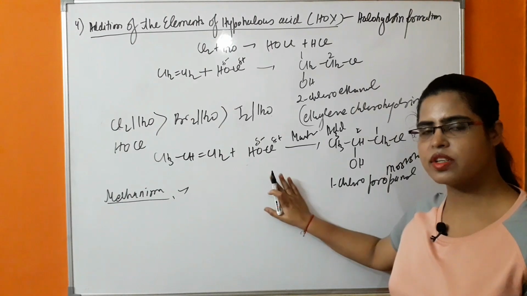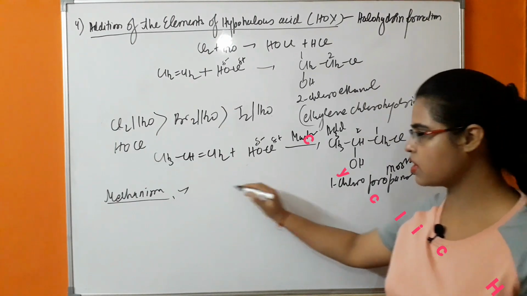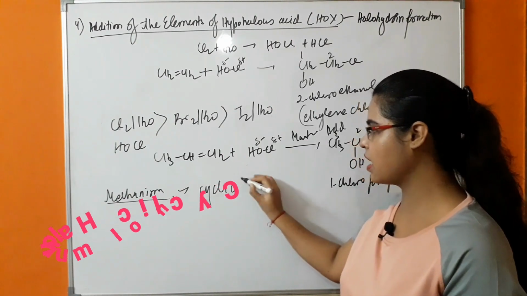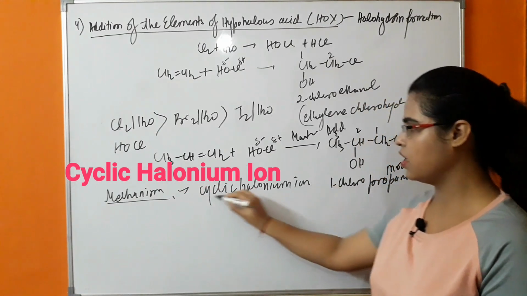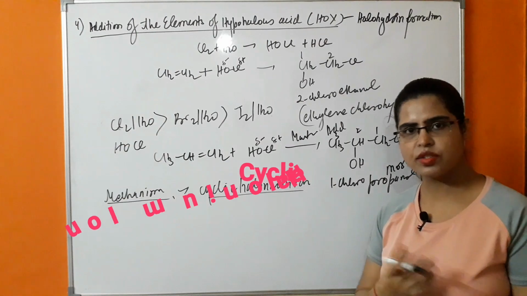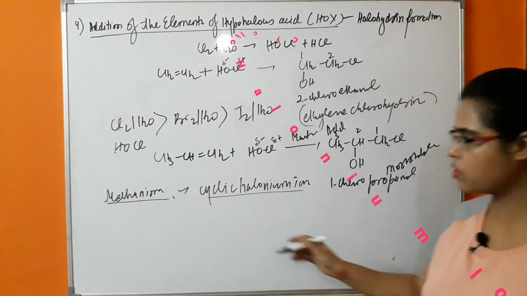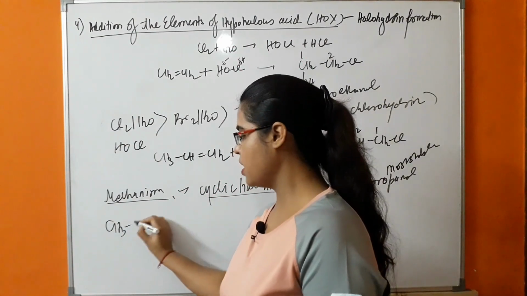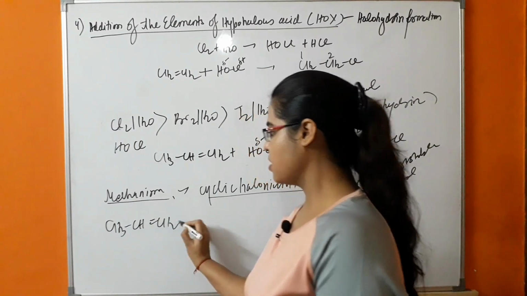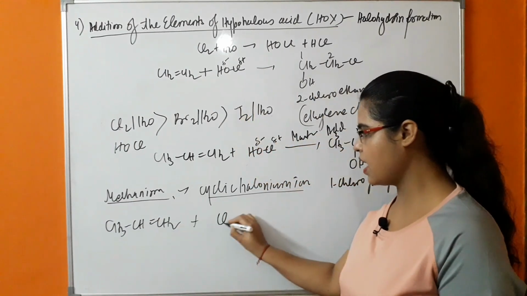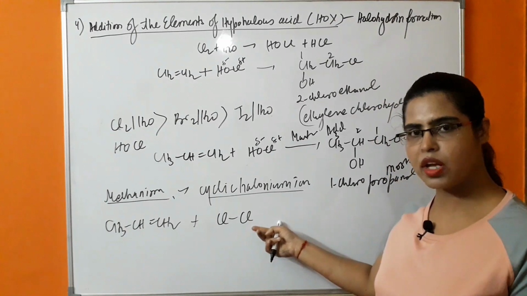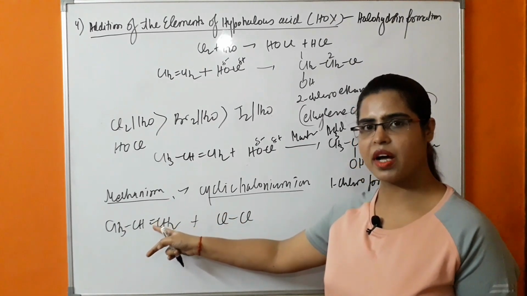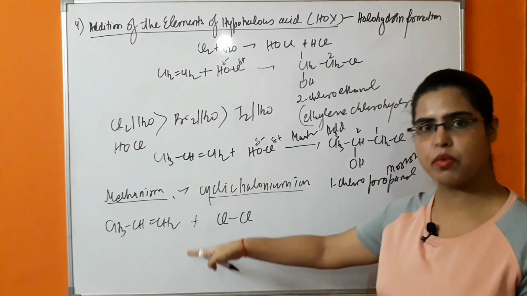The mechanism behind this reaction occurs with the help of a cyclic transition state, a cyclic halonium ion. In this, a cyclic halonium ion is formed. So what will be the mechanism of this reaction? First of all, CH3CH=CH2, that is an unsymmetrical alkene, will react with the chlorine molecule. We know that the chlorine molecule is non-polar, but because of the presence of pi electrons, this molecule will get polarized,